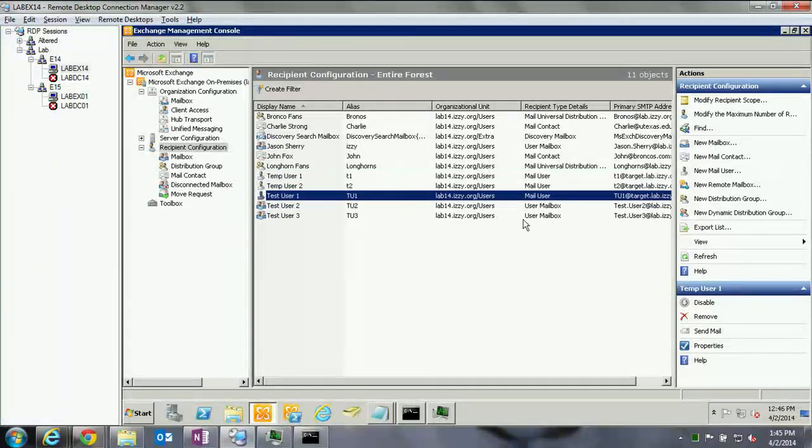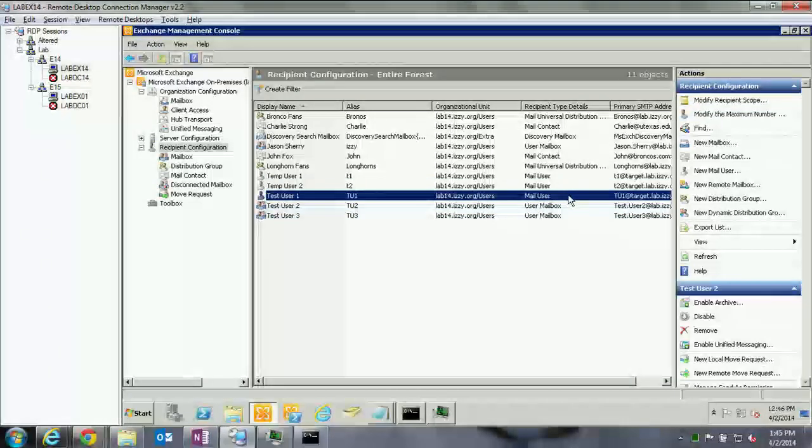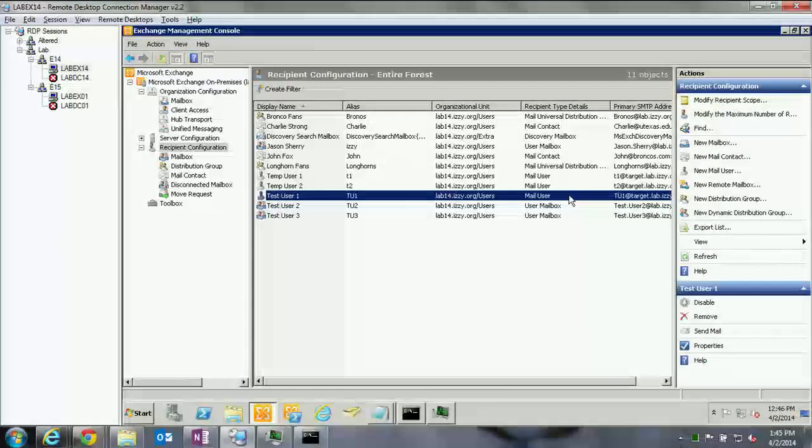Test user 2 is still a user mailbox. I did migrate that one earlier, so if I hit refresh, I thought I did, maybe not. I did temp user. So now we have test user 1, they've already been migrated, so they are a mail user. Test user 2 and 3, they still have their mailbox in the source environment. So the next, and on the target environment,